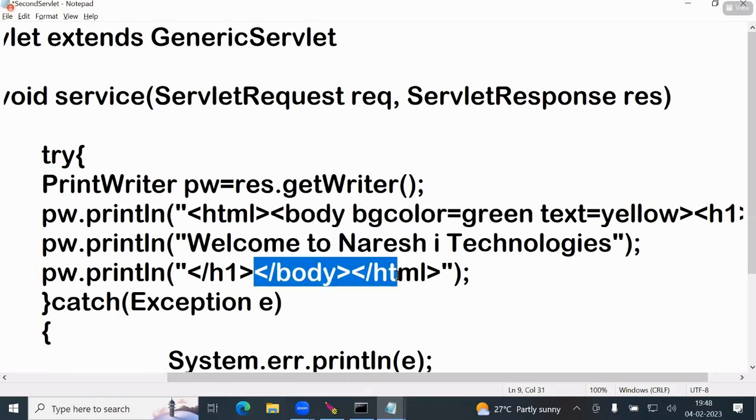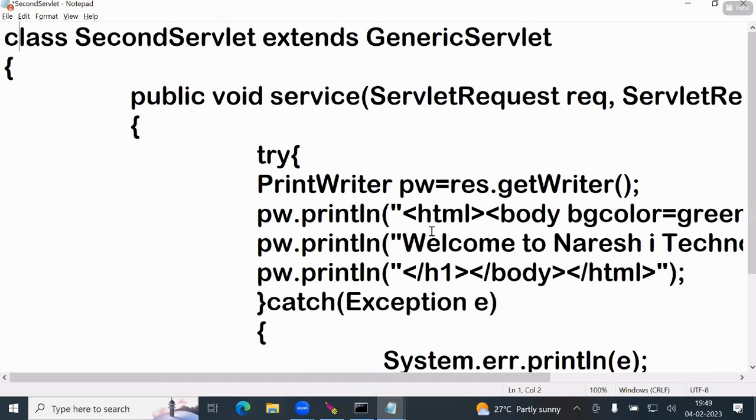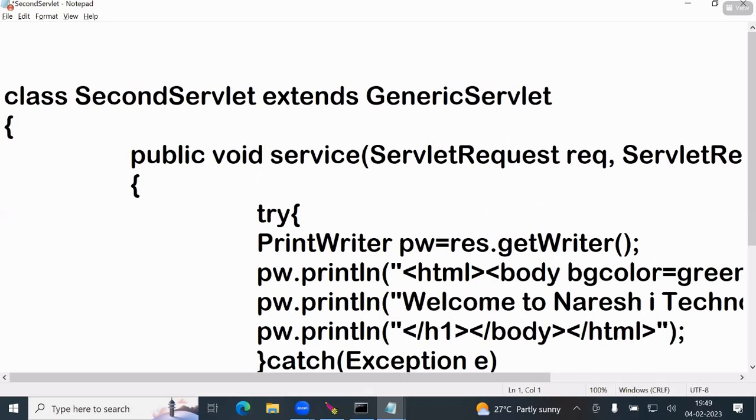Then the browser receives the HTML, because the server doesn't know HTML. It is passed to the browser. When the browser receives the HTML, it is executed in the browser, then the output is displayed. Now, in this program, Java and HTML are mixed. You observe. Now, here, import